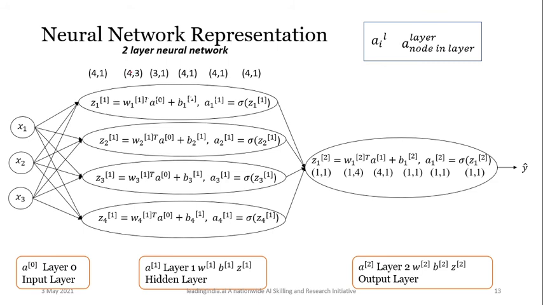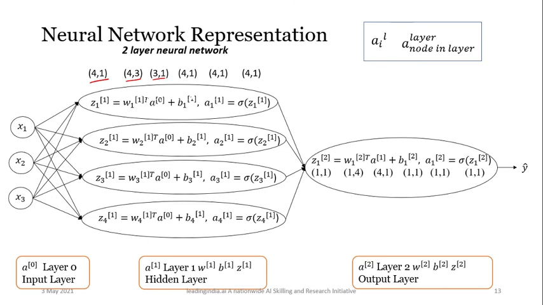If you look at the representation, it will look like this. The first matrix will be 4 cross 1, then the W matrix will be 4 cross 3, then the A matrix will be 3 cross 1. Similarly, you have all the matrices in your hand. So ultimately, what we got is W transpose X plus B, which gives Z1. Then second, you apply the activation function, which gives you A1.